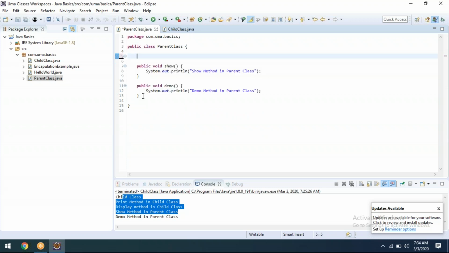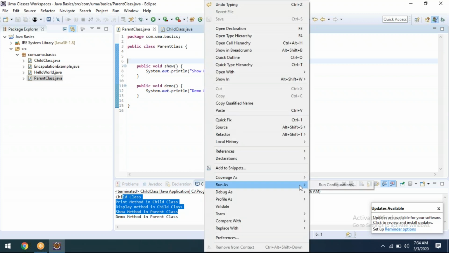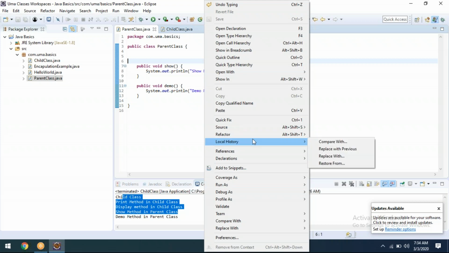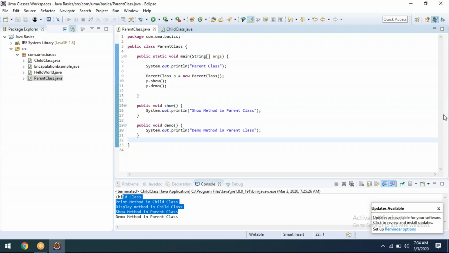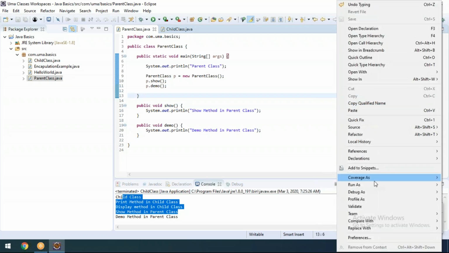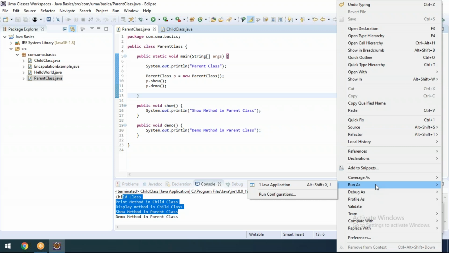For example, if I remove it, now if I go for run, it will say some conflict. You're getting my point? If I have the same main method, then I'm reverting that. If I go now, I'm able to see run Java application. Means whenever the main method is there, then we are able to call the individual or independent class.